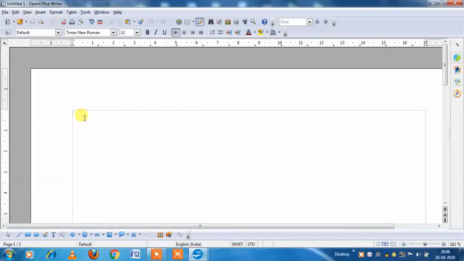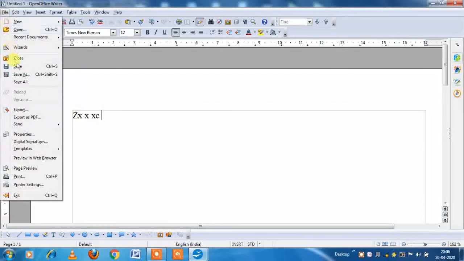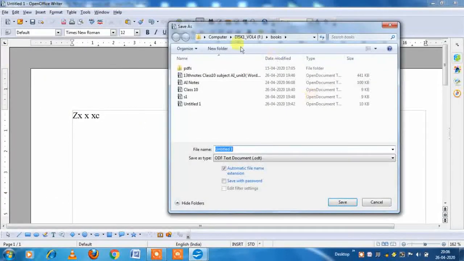Now I am going to type something. Here I have typed a few characters. Now you can see the Save option is highlighted, and the Save As option will be highlighted all the time. Now let us click on the Save option the first time, and it will offer us to give a name to the file, because it's the first time, we have not saved yet. So that's why it has given us the Save As dialog box. Give any name to the file and save it.